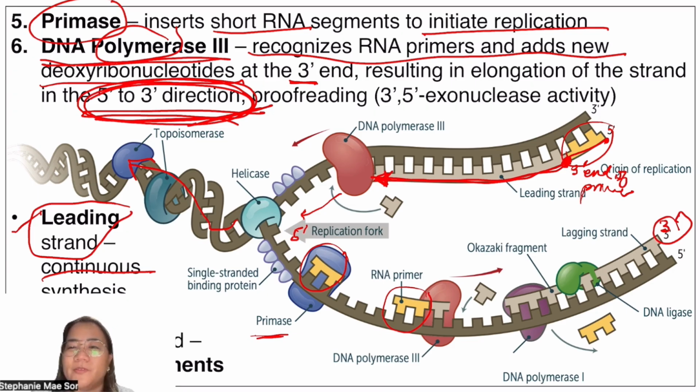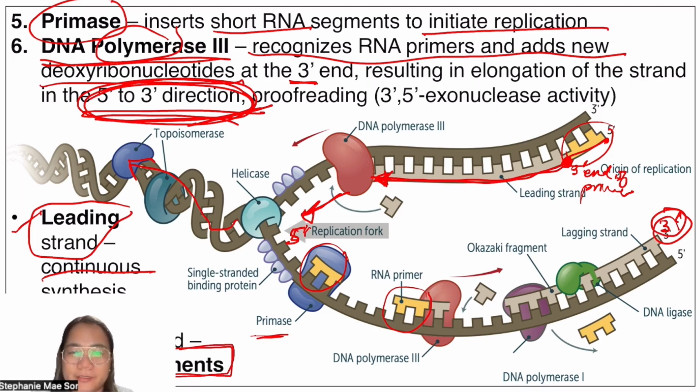So yung end nung nucleic acid niya nandito, tapos yung 3' end niya is nandito sa papuntang sa replication fork. Pero kapag yung 5' end mo is on this end, tapos ang 3' end mo is nandito, yung sinisynthesize mo, you form what you call your Okazaki fragments. Kasi ang ginagawa